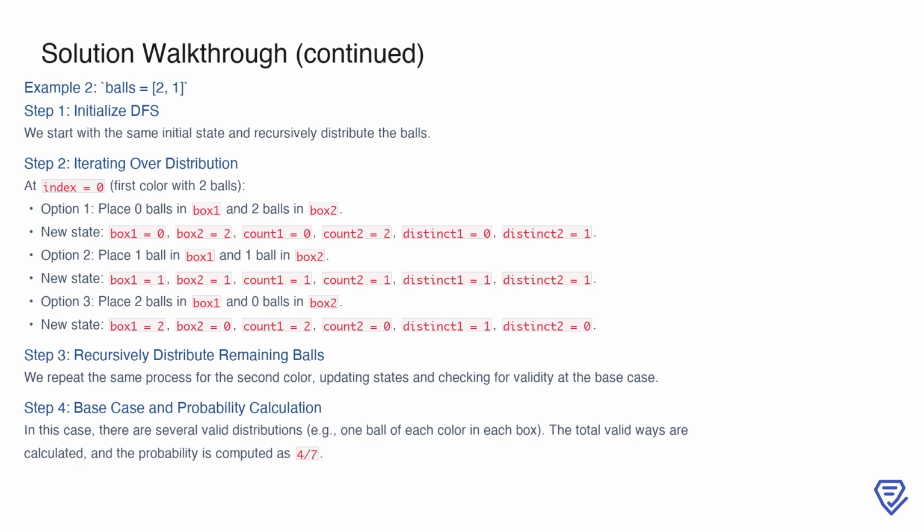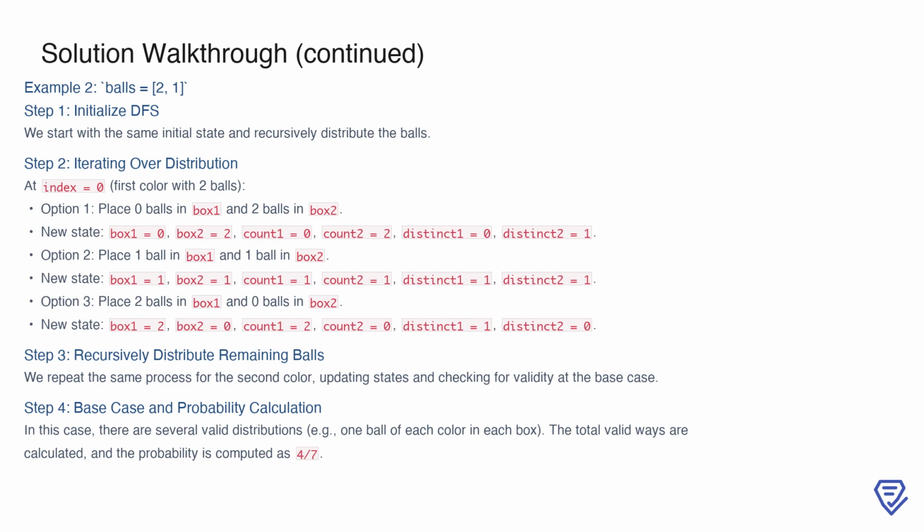For each of these scenarios, we move to index 1 and distribute the ball of the second color. This process continues recursively until all balls are distributed, and we evaluate the base case conditions. In this example, there are multiple valid distributions that satisfy the condition of equal total balls in equal distinct colors, such as placing one ball of each color in each box. By summing up the valid ways and dividing by the total possible distributions, we find the probability for this case